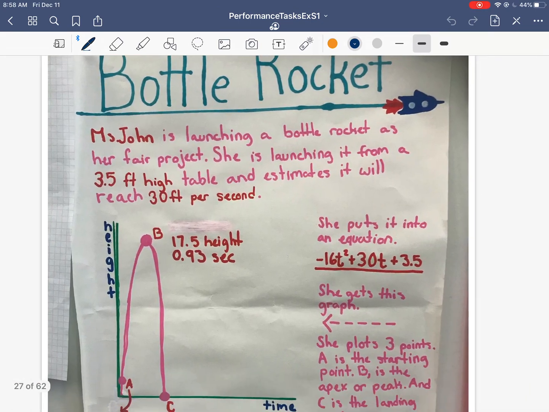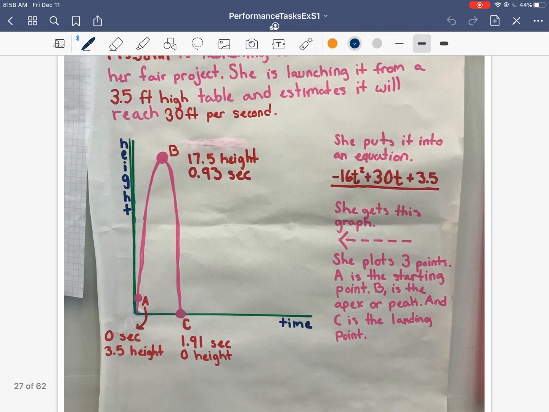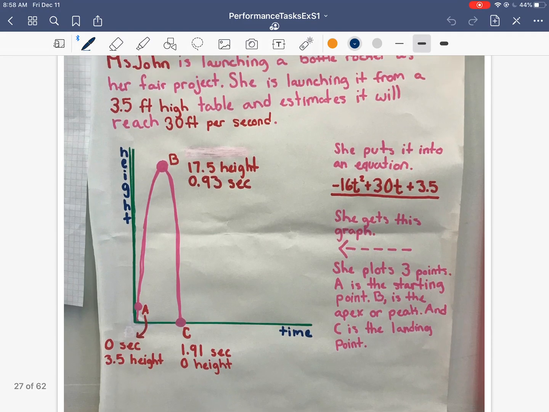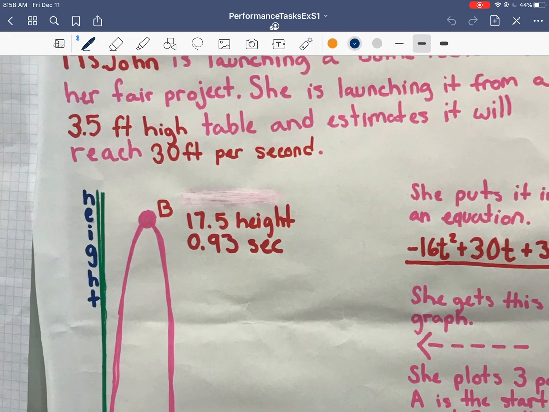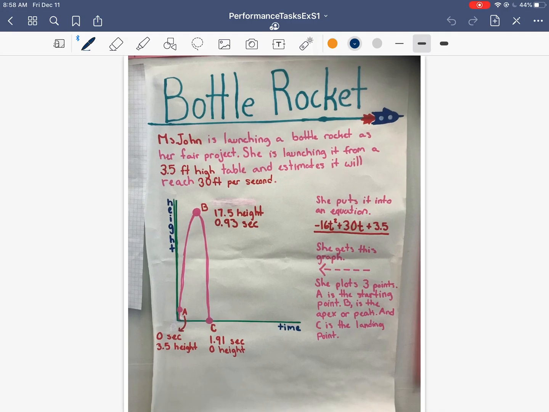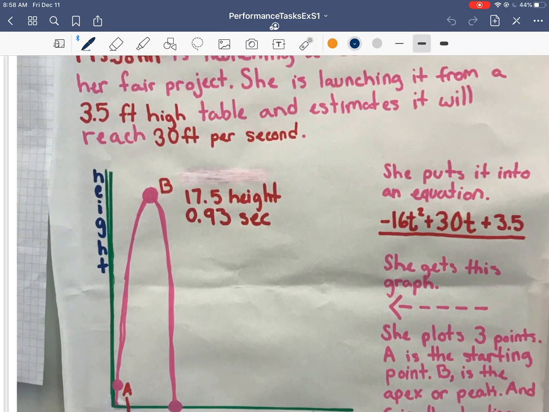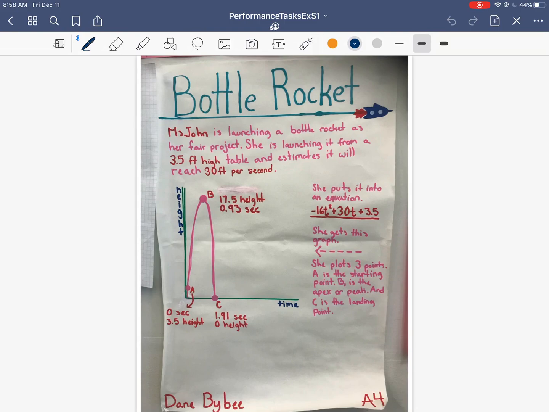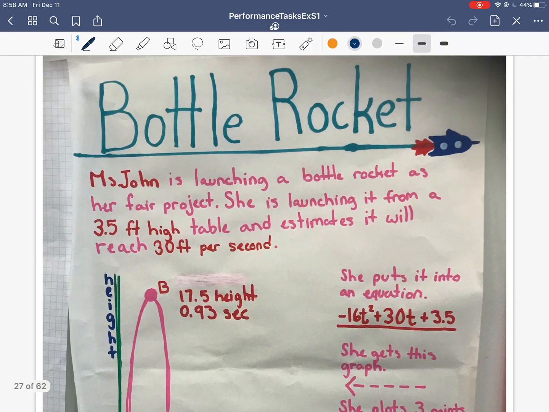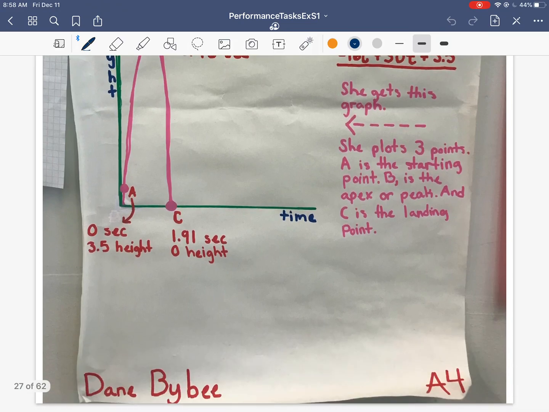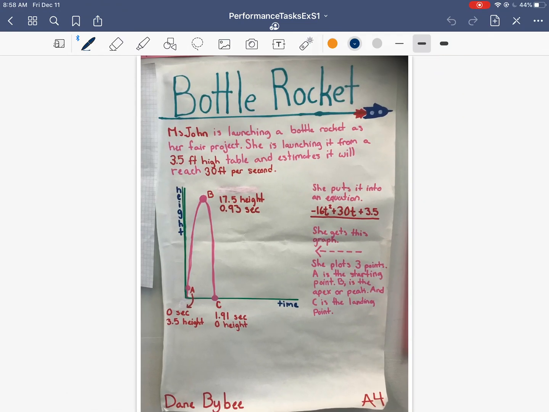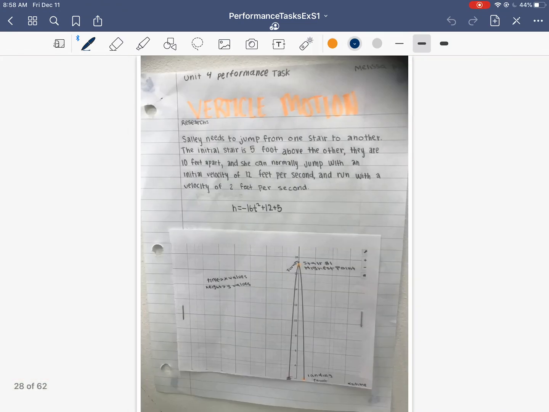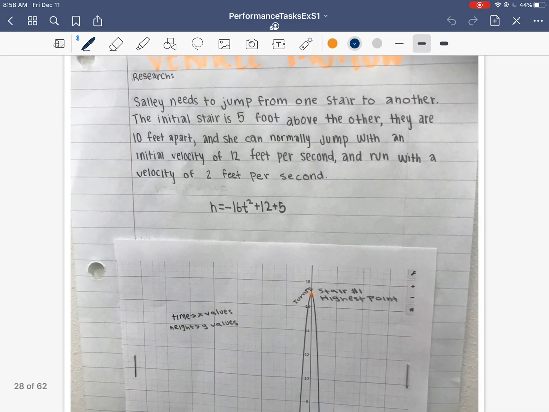So I have a couple examples of that one. We have a bottle rocket question, and I am emphasizing to do some research and make sure that your initial velocity is reasonable, because that makes it much more interesting, and also you will learn stuff along the way, which is cool. So we have a bottle rocket example and also